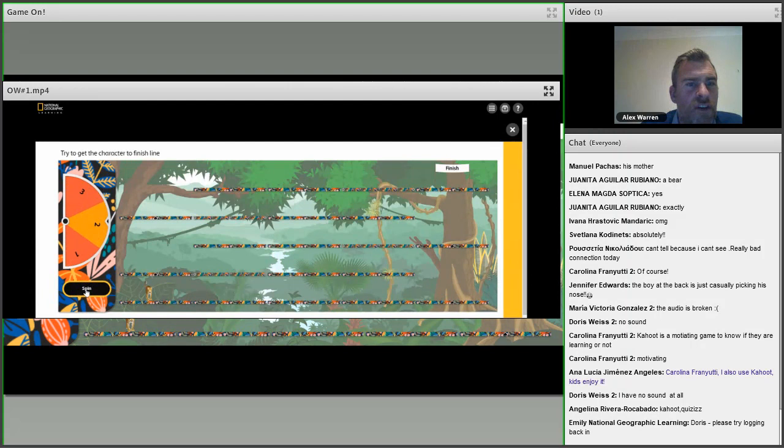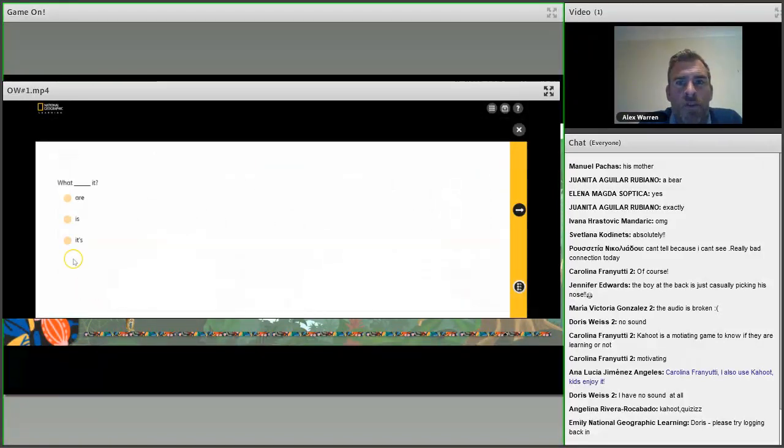You'll see in a minute that the spinner goes spinning around. You get students to shout stop, you stop it, and then the animal moves along to the thing. You then get the question whereby you have various options. And what I would do as a class, I would get them to vote. So I'd either get them to put their hands up or to move to different parts of the class to represent the different answers. And there would have to be a majority for me to choose the correct answer, at which point